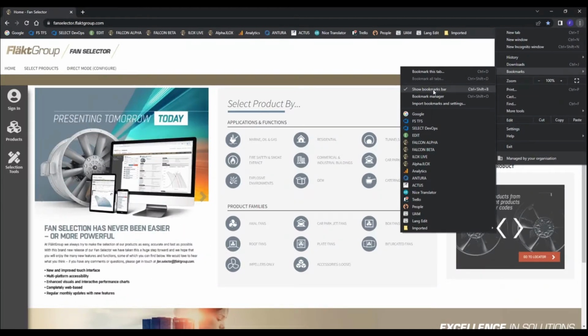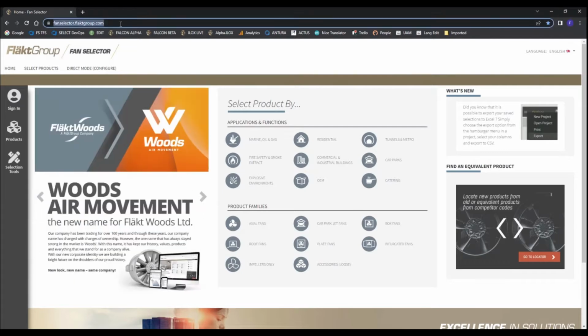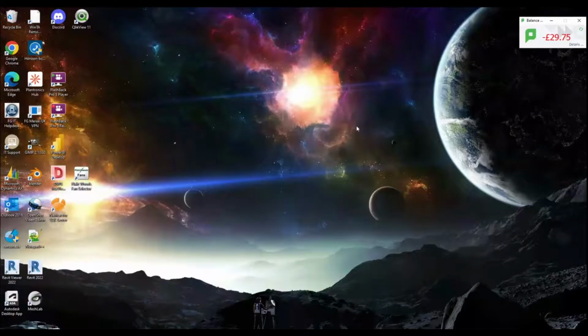But I say by default, for some reason, this is off. The show bookmark bar in Chrome is off by default. So that's one method. The other method I'd also recommend, and this is probably